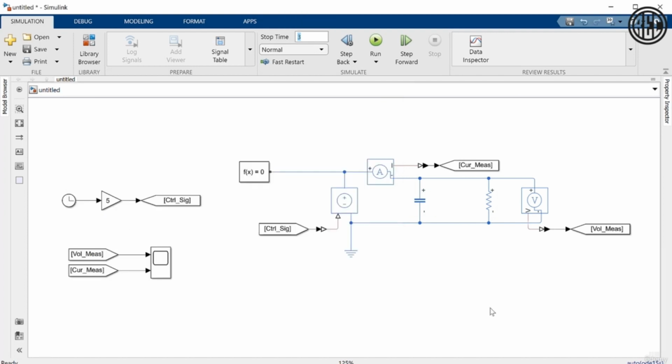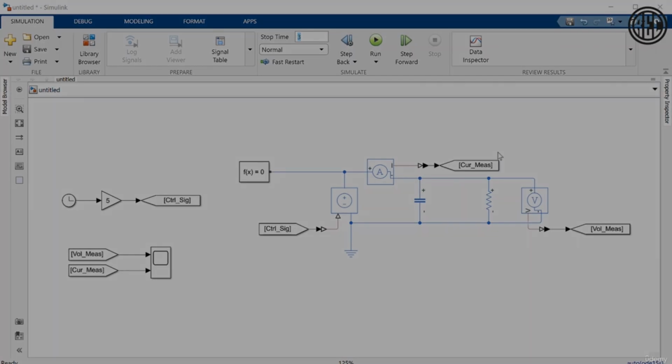All right, so I think that's a thorough explanation on how to build a model, how to manage signals, how to run simulations, and then lastly, in this lecture, we saw how to take measurements to see if the circuit is performing the way that we would expect it to. In the next lecture, we're going to see how we can define MATLAB functions within Simulink, and then we're going to move into some projects that are going to be a little bit more complex, or actually quite a bit more complex than this circuit that we've built over